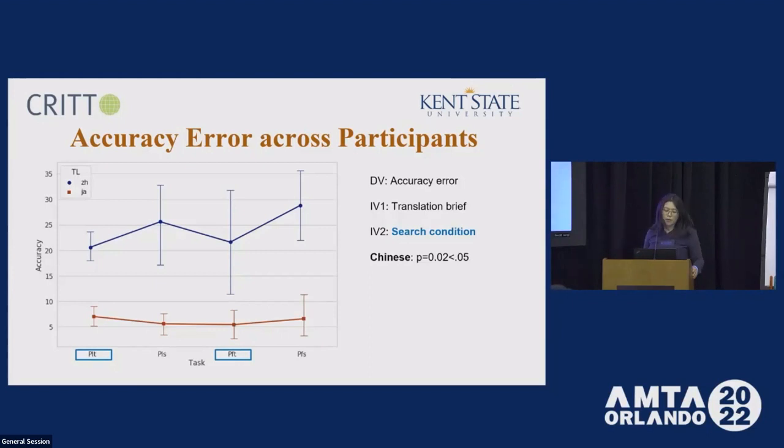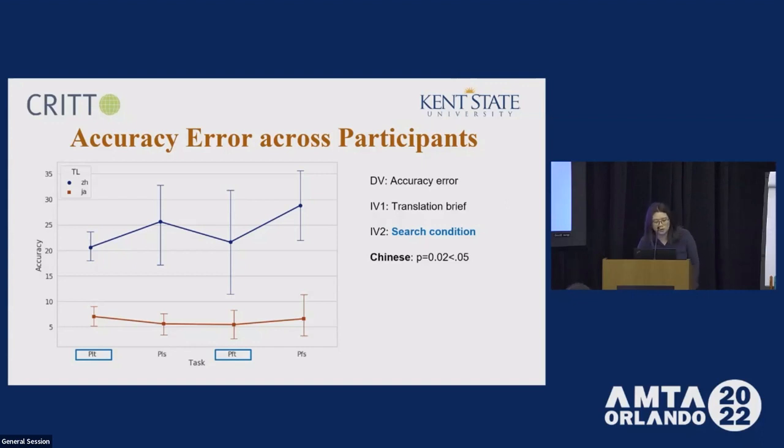But for Chinese participants in our study, we can see that if they are provided with a term base, they tend to produce fewer errors than when they are provided with internet search. This is quite surprising because we think if you are provided with expanded search options, you can do maybe better quality performance. But for our Chinese translators, we don't see that. We see that when they're provided a term base with only 28 words, they produce fewer errors than